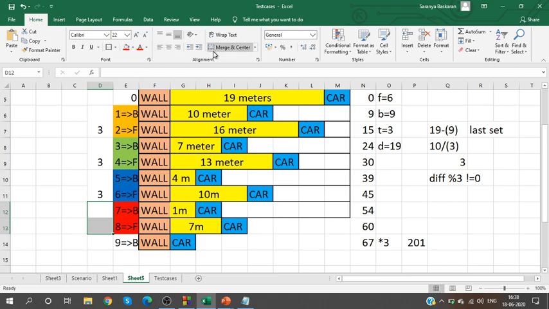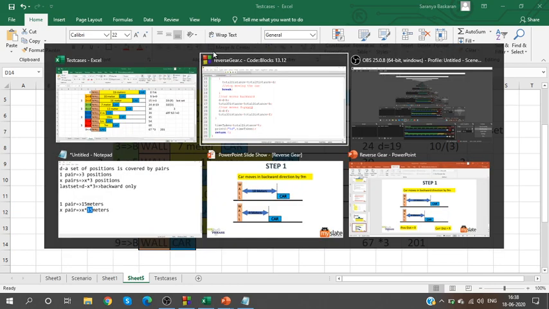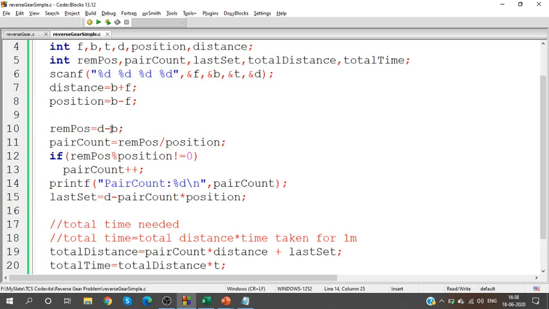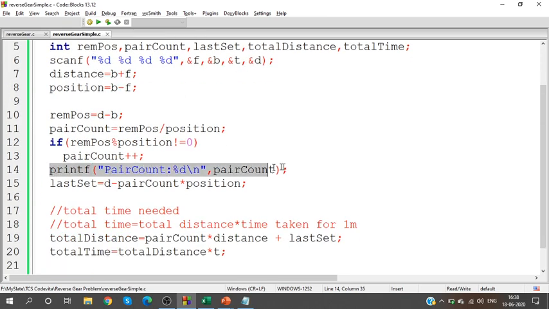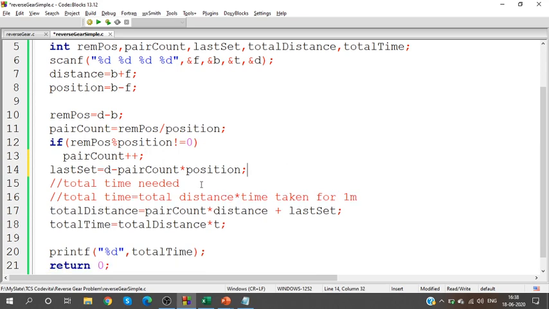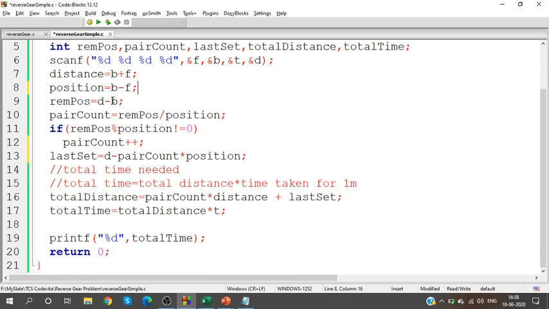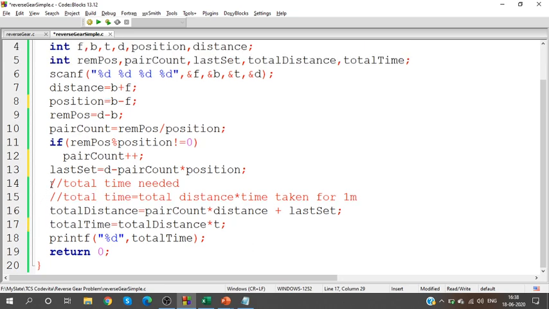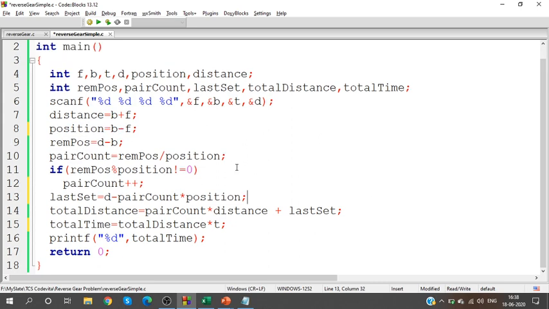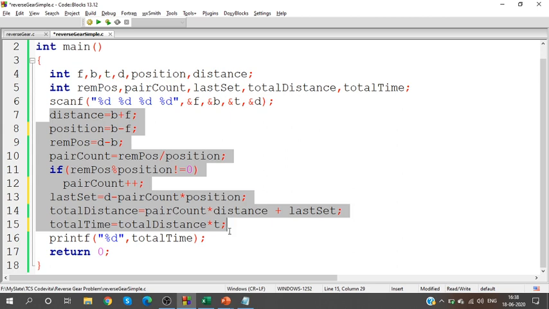Okay. So identify that one extra pair. If you can find that one extra pair, increase the pair count. This will be your final program with nil loops. No loops at all. Clear? I don't have any loops here. Just do all the calculations. Once you finish off all the calculations, you'll get the answer. Look at that. It finishes off in a matter of 10 lines maximum.